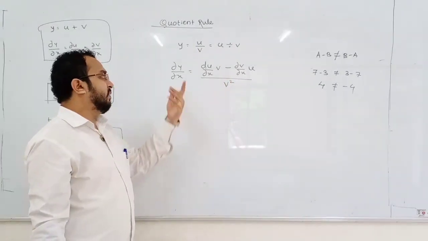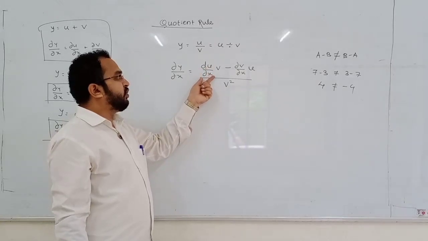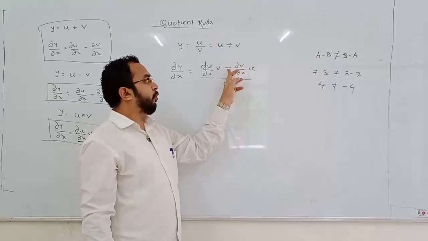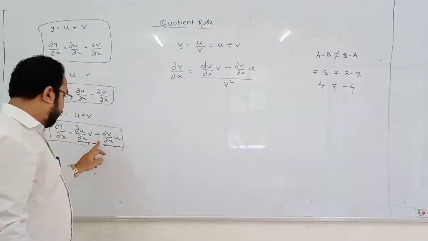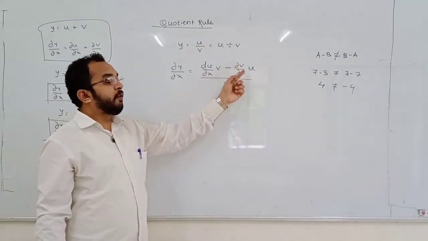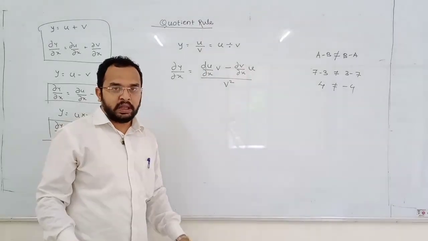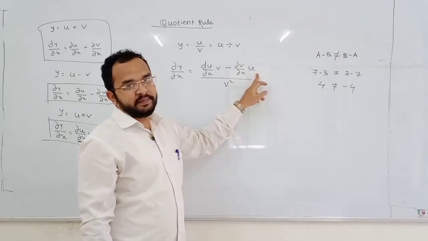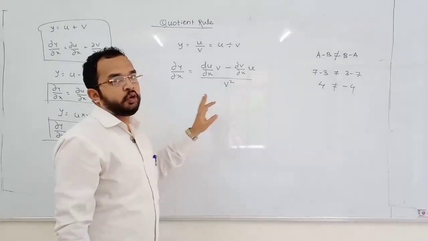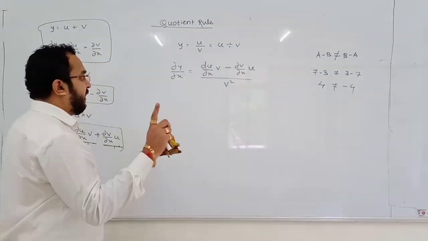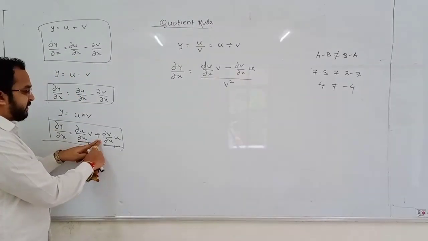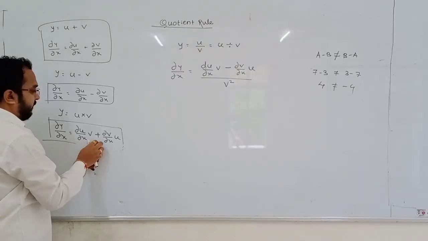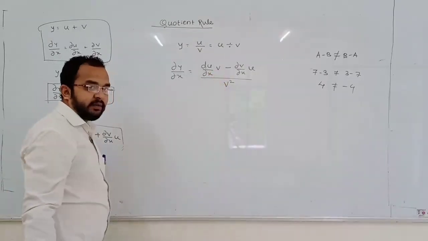Okay? Now it is done. Here we have differentiated the first term, second term as it is. Then afterwards, after the positive or negative sign, differentiate the second term now, and the first term as it is. Understood? So what is the difference between the two formulas? The difference is that here it is a plus sign, here it will be a minus sign. Okay? Here it will be a plus sign and here it is a minus sign.